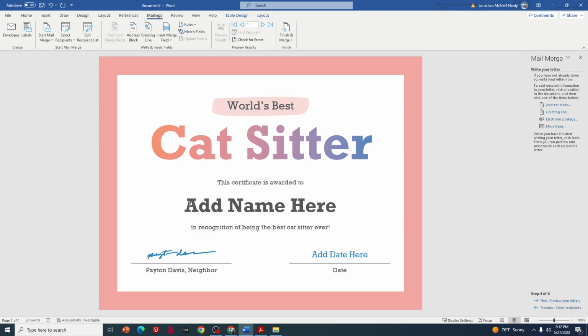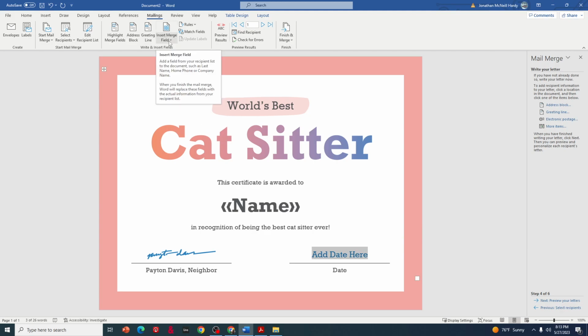I'm going to highlight this, and then I'm going to go up here to insert merge field. I'm going to click the bottom, and then I'm going to click name. Great. And I'm going to do the same thing for date. So for all of the different things that you need in your document, as long as you have a field for them, it will populate there. The reason I'm highlighting these and then going up and populating is because I don't need add date here, but you can definitely put the